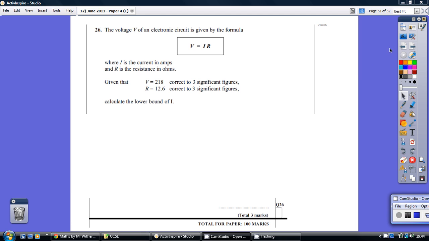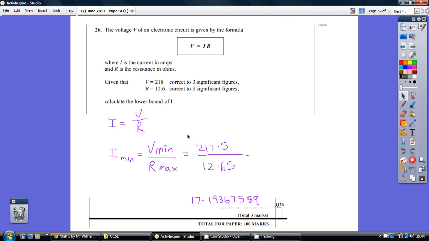Question 26, have a go. So first thing to do, we're dealing with I here, so rearrange V equals IR to have I being V